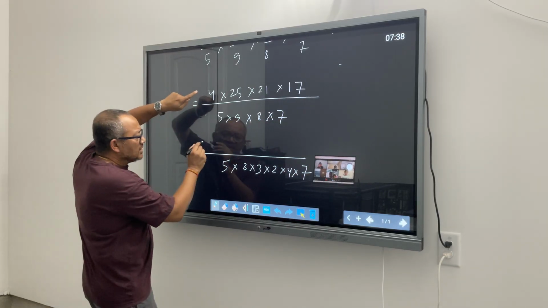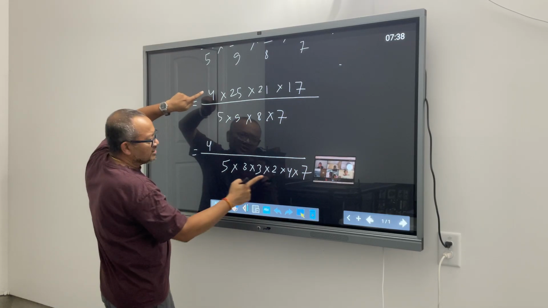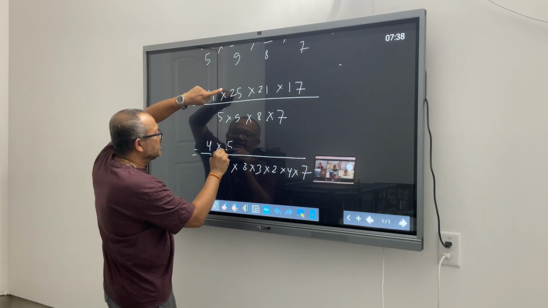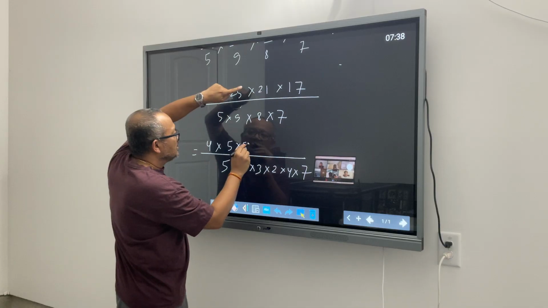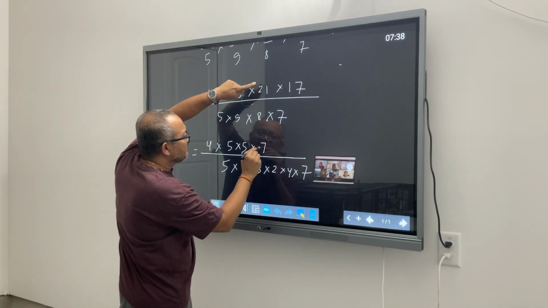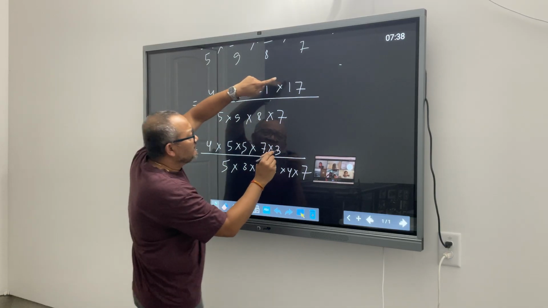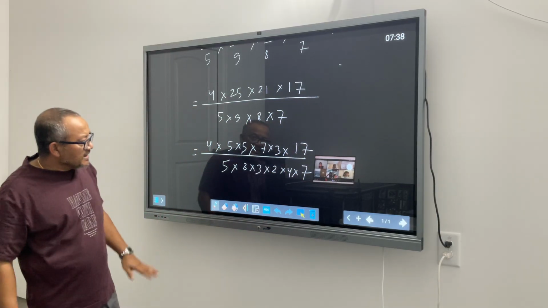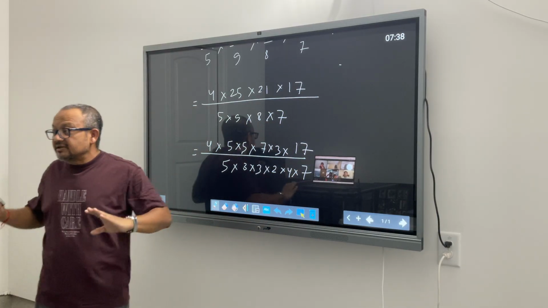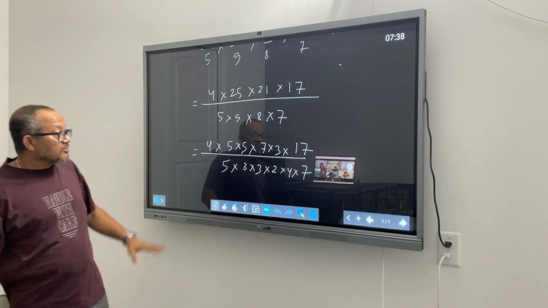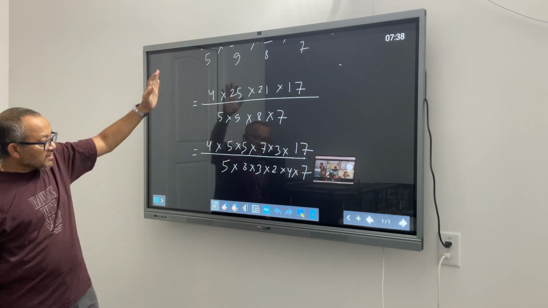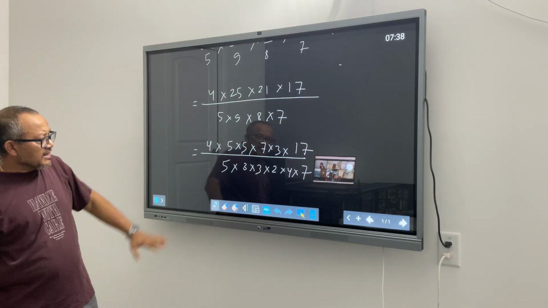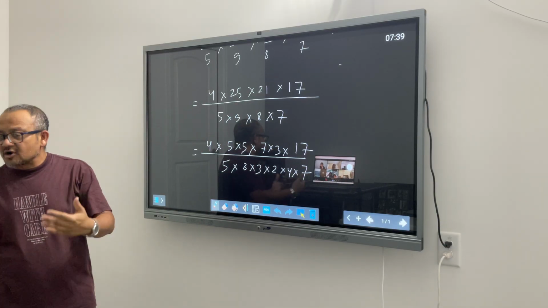4, let's say I will keep as 4 because I already see a 4 here. Okay. Now 25 I can write as 5 into 5. 21 I can write as 7 into 3. 17 I cannot break, let it be. And there is no rule, there is no compulsion, there is no force that you have to break in a certain way. Whatever comes to your mind, break it,